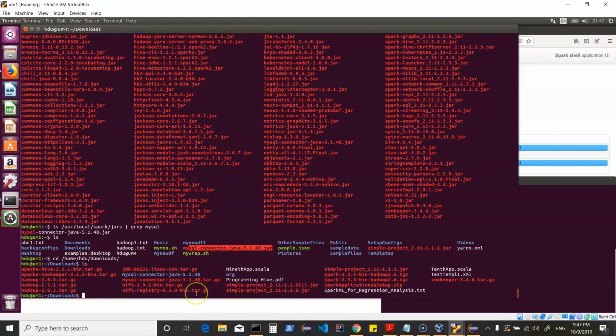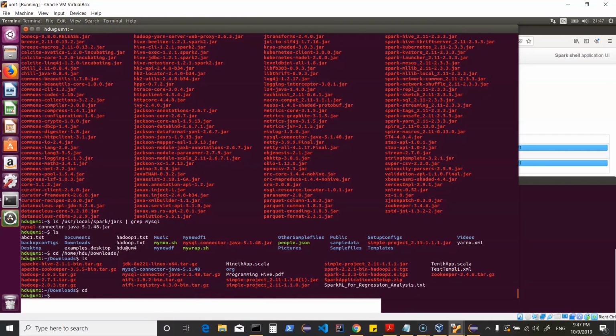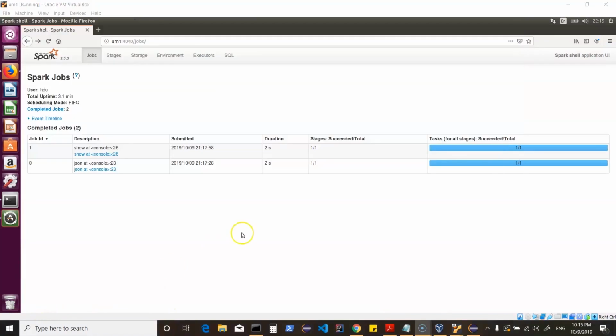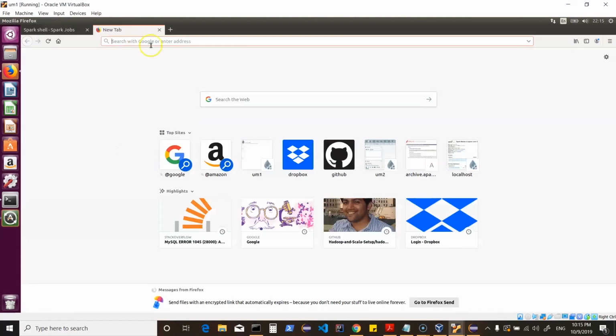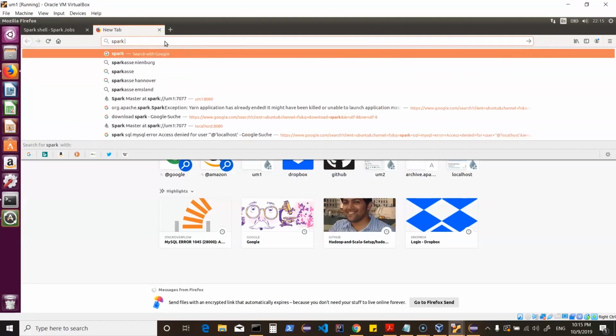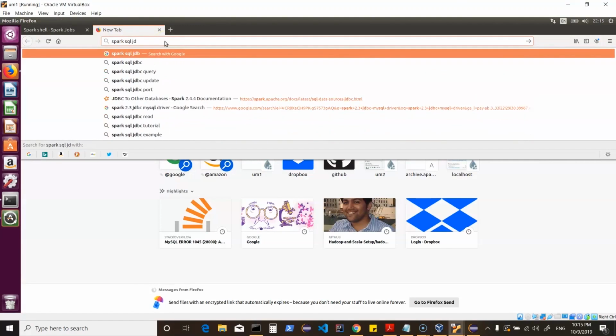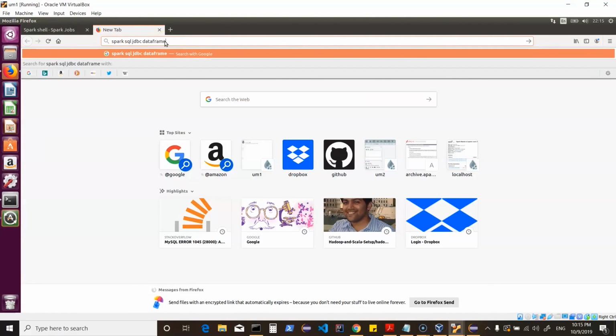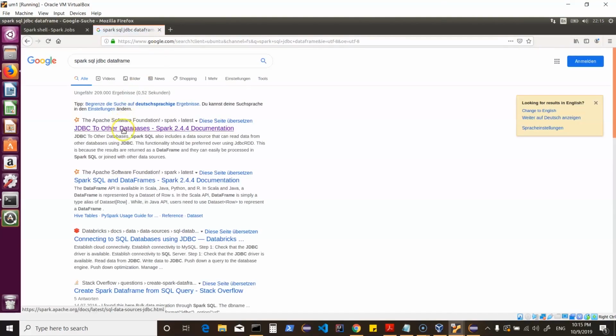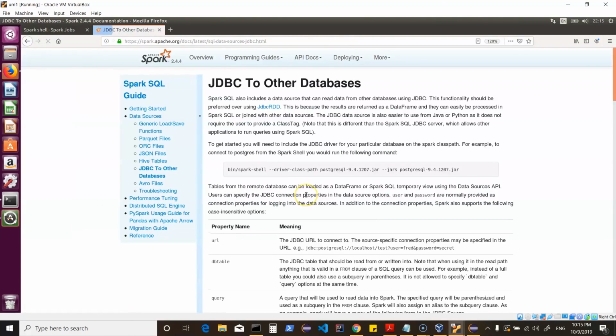Now how do we establish a connection from Spark SQL to this MySQL? Like we connected using Spark Hive, you can always use Spark to connect to an external RDBMS, as I mentioned, and you can always search for that. You can just say Spark SQL JDBC data frame and then look into the data frame documentation, which will show you the syntax.